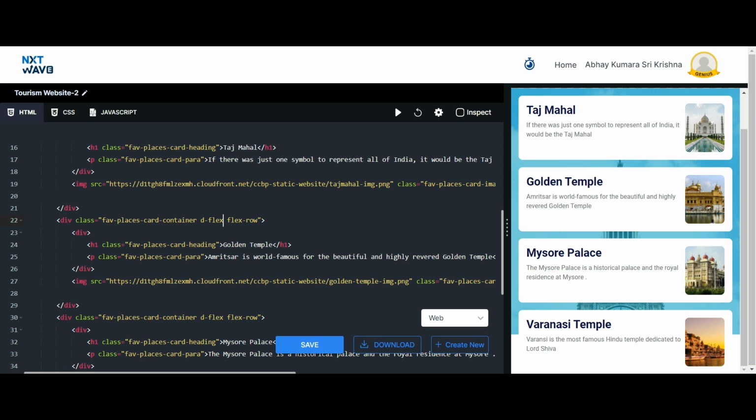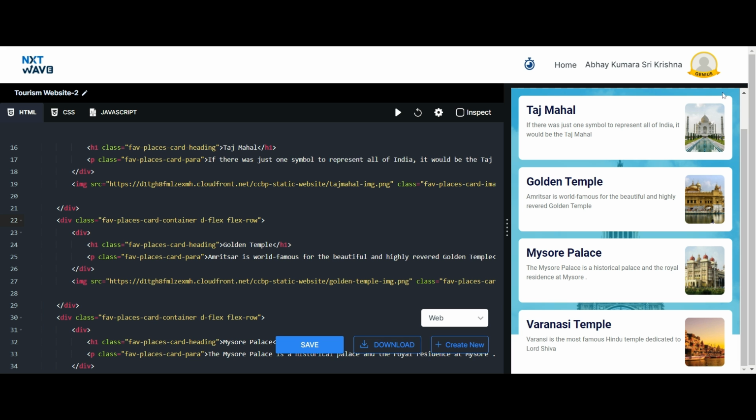So if we use the class name d-flex, any container becomes the flexbox container, and any element in a flexbox container is called flex item. So these all come under flexbox items.